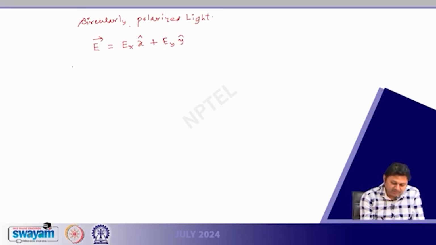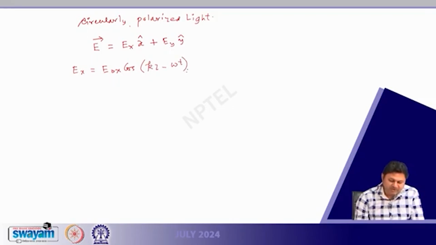Now, Ex, this x component, I write E0x cos of kz minus omega t. You can write sine of kz minus omega t also,